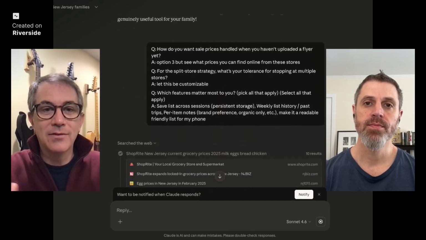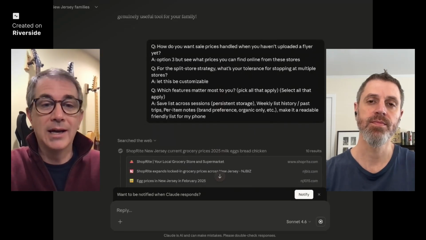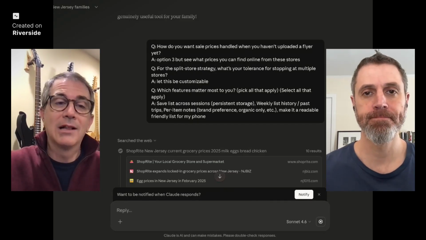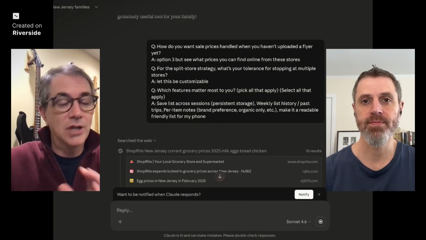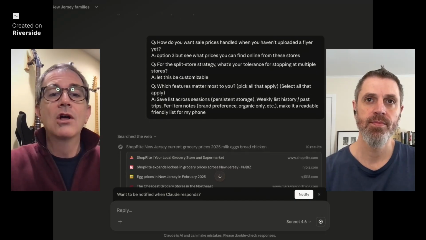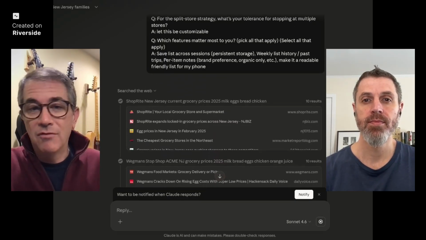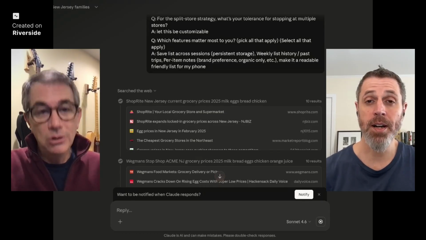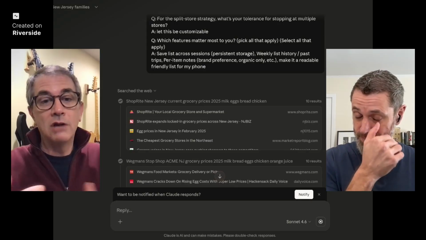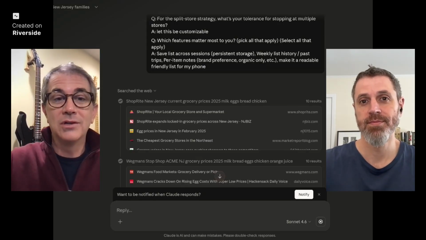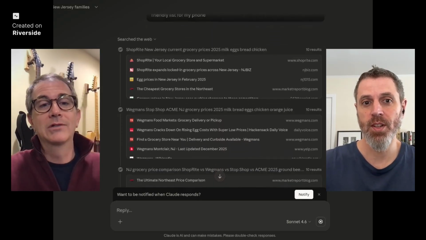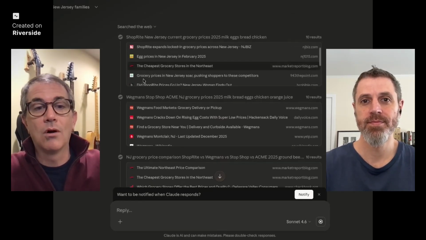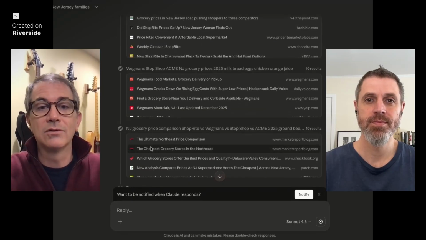But as soon as it had enough information, this is when the conversation began. It became agentic, meaning that it is doing something outside of just the chatbot, right? This is now gathering information that it didn't have before. It's gathering more context to help solve and build this problem. And the model is using a tool that is not the large language model. In this case, it's using a web browser to go and search the web and find prices for grocery stores, for ShopRite, Wegmans,